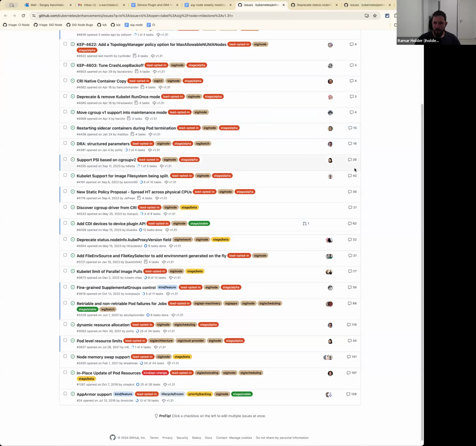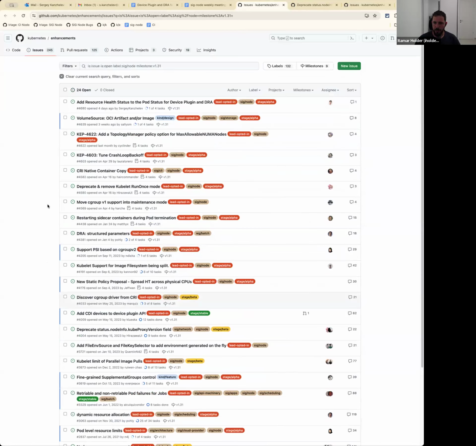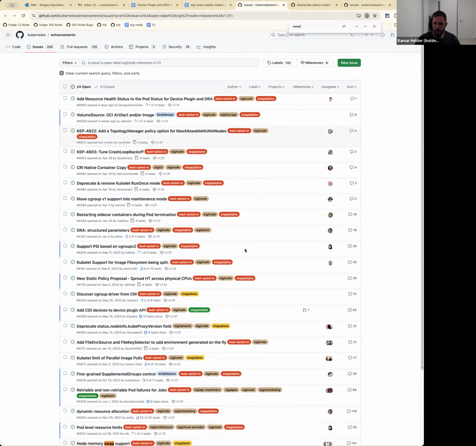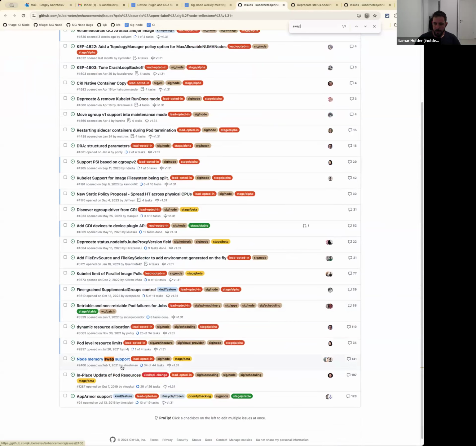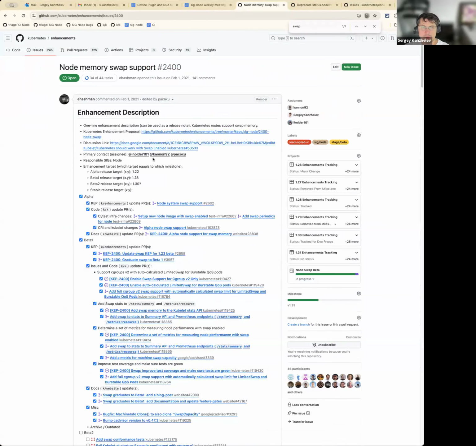Thank you. Sergey, I think you can remove node swap from the list. I think we strive to GA at 1.32, so yeah. This one? Yes.